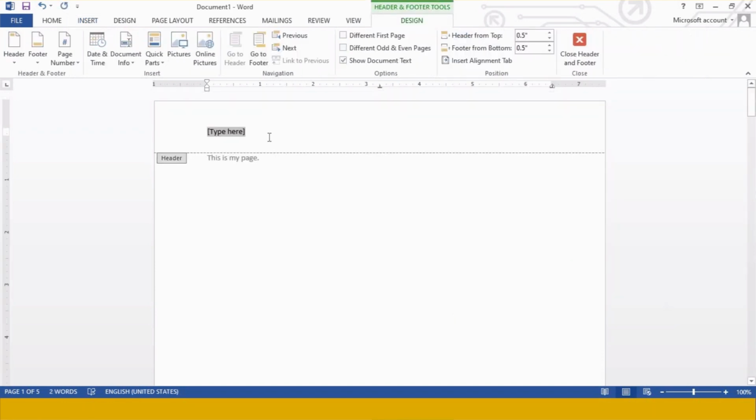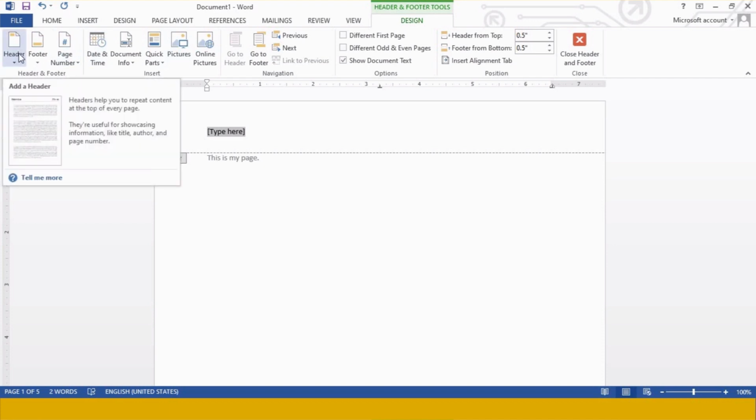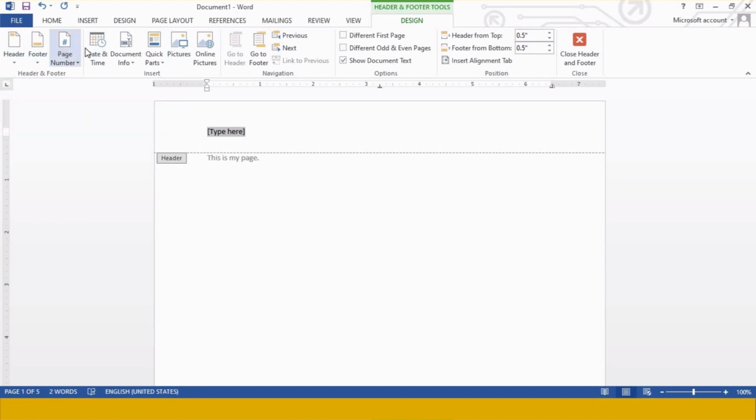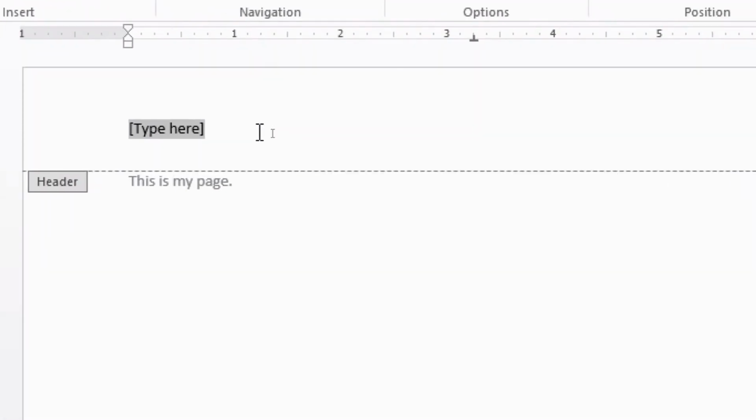The moment you click on the header option, you will find that your toolbar is changed. Your ribbon is totally changed. So you're getting here the header option, footer option, page number option, date and time, and if you want to insert document information, author name, file name, or pictures, anything can be inserted as headers. So I'm writing here information technology,